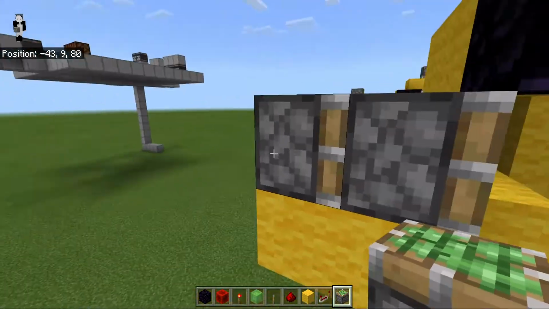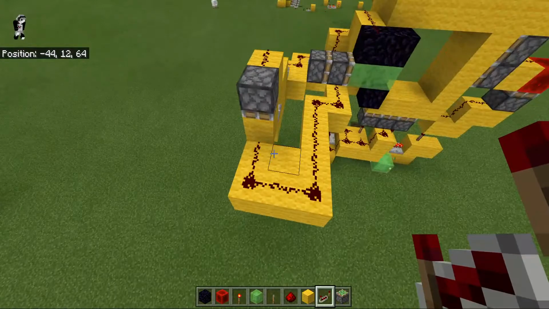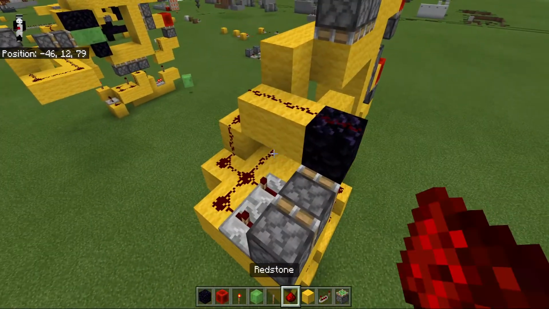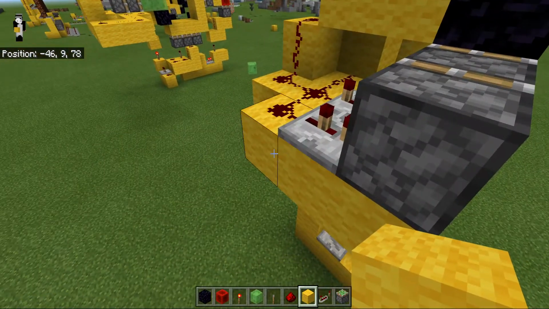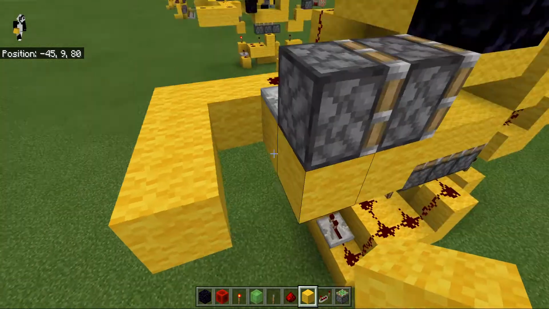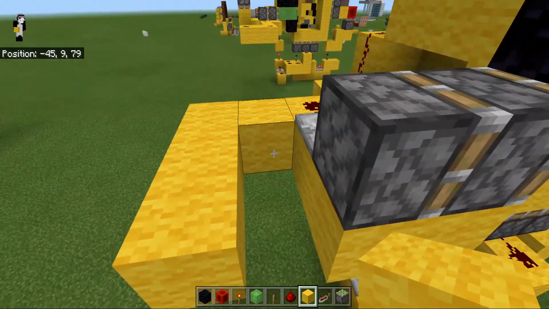And they need to be facing into each other. Now, what we need to do is set up one more thing, and then you're nearly ready to go. What you need to do is make a little bit of a pathway for the redstone coming around here. Now, one thing to make sure of here is that there's a gap between the pathway and